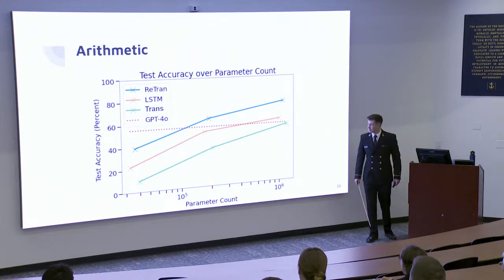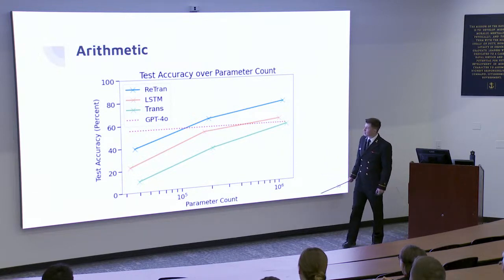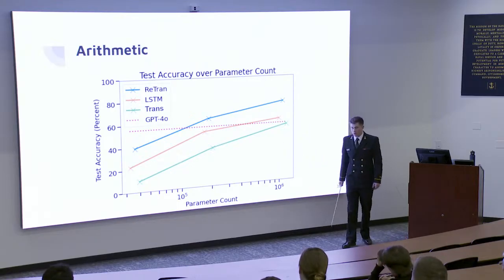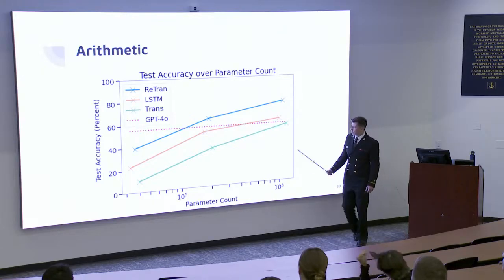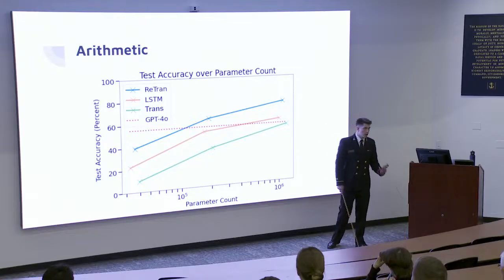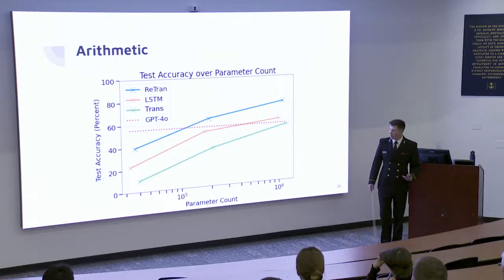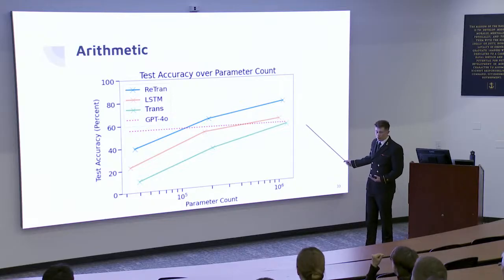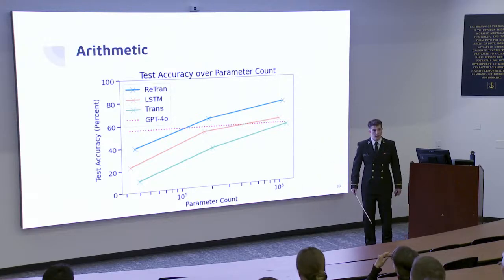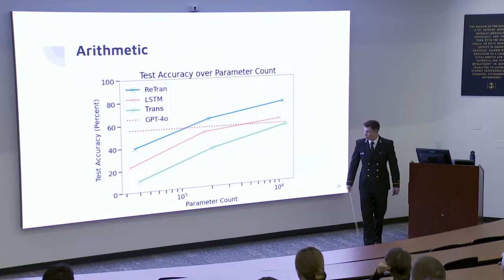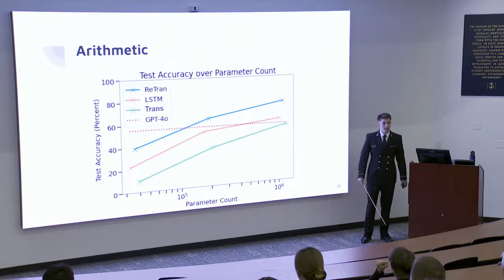And finally, our results. So, on our integer arithmetic data set, our recurrent transformer significantly outperformed both the LSTM and transformer at all sizes. I want to bring y'all's attention to the GPT-4o dotted line here. This is if you ask ChatGPT, the baseline model, to solve the testing problems through the API, we got roughly 58% accuracy. For context, GPT-4o is 200,000 times larger than our largest RETRAN, and our RETRAN scored about 22% better on the testing data set.